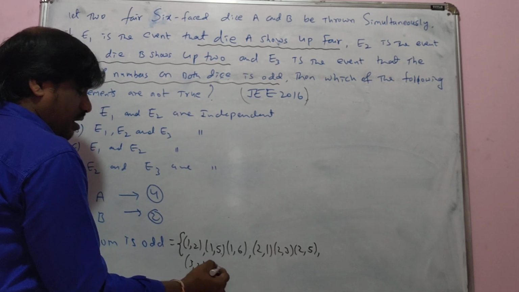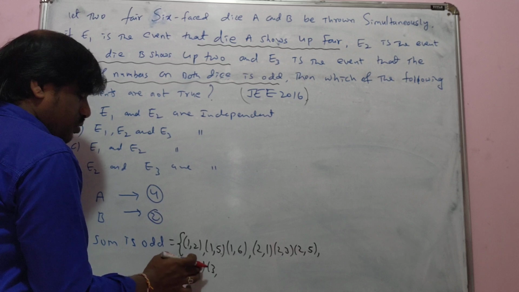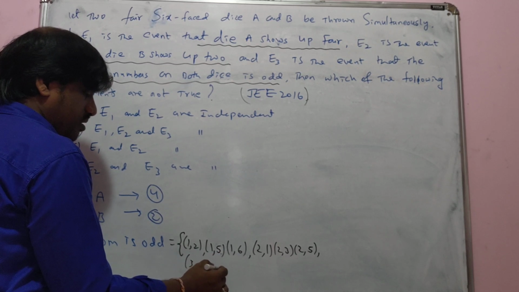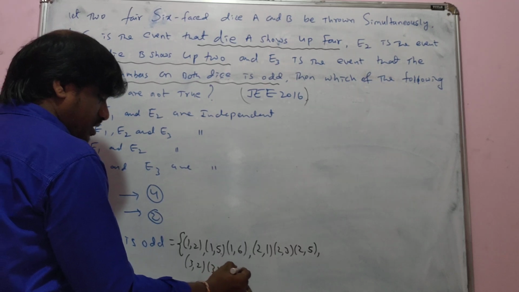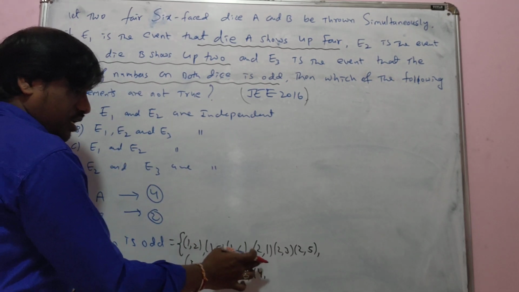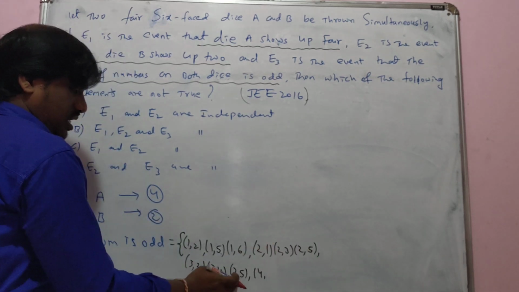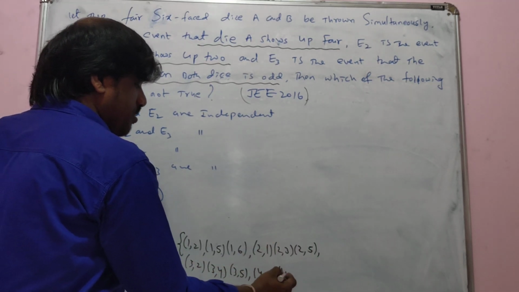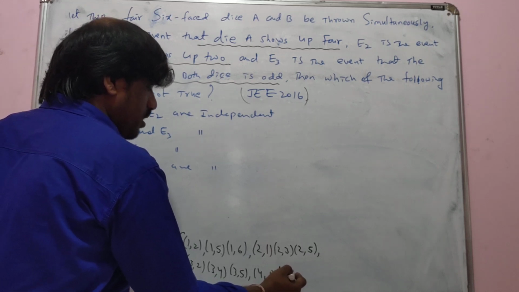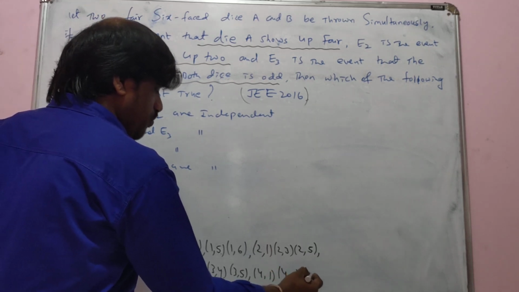This is 3 comma 1, no, 3 comma 2, okay, 3 comma 3, no, 3 comma 4, yes, 3 comma 5, yes, like here 4 comma 1, yes. See here you get 3 here, you get 3 here, you get 3 here, like 4 comma 1 you get, 4 comma, you are going to get, what is the number next you will get, that is 4 comma 3 you will get, 4 comma